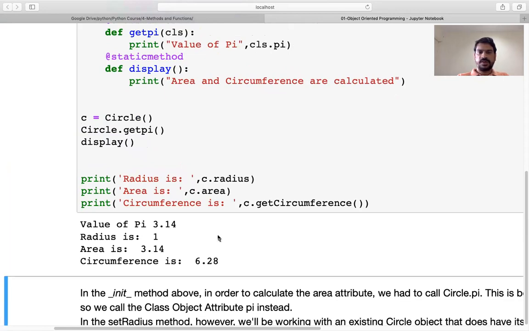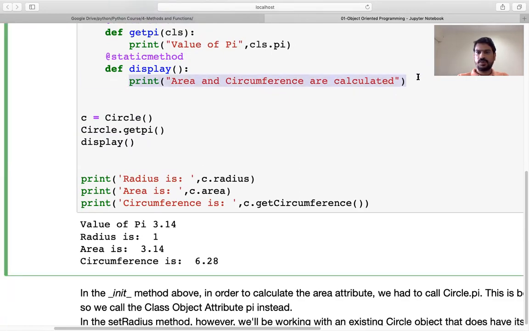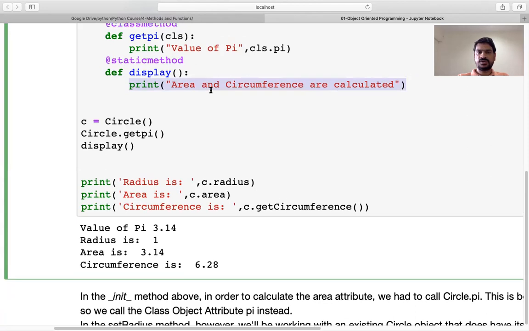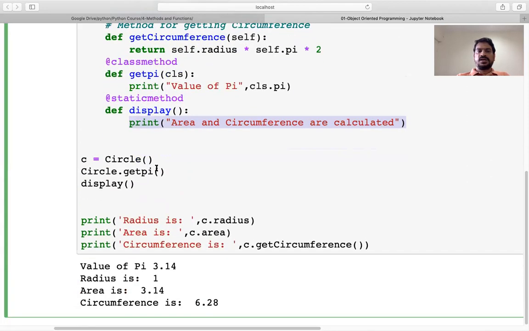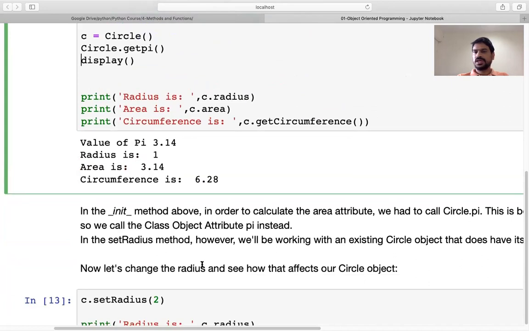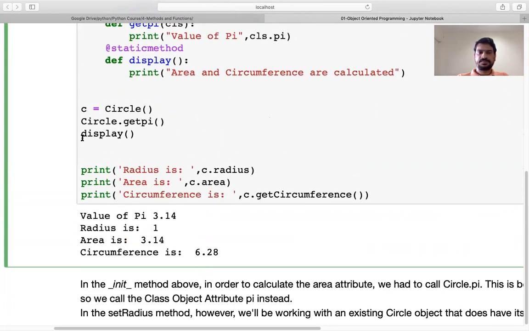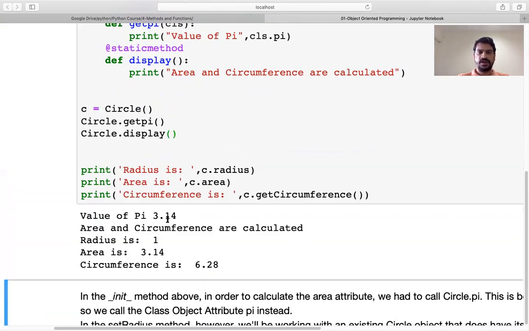No, without the dot operator it runs, but it is not giving you any output, because outside of the class there is no display function, right? So either you have to use the class name, or you have to use the object name to call this particular display function. Then only it will display.